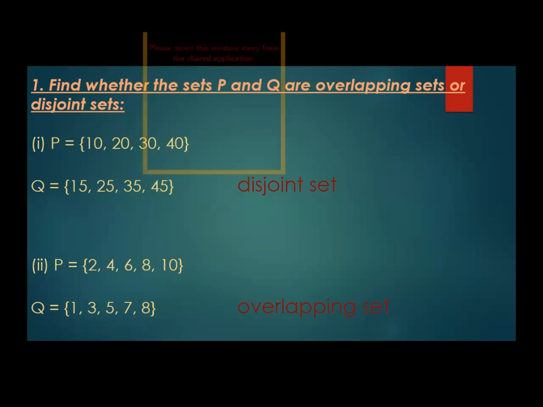Exercise: find whether the sets P and Q are overlapping sets or disjoint sets. The first set we have is P equals {10, 20, 30, 40} and Q equals {15, 25, 35, 45}. So if you observe both of the sets and what we considered about the property of this set,